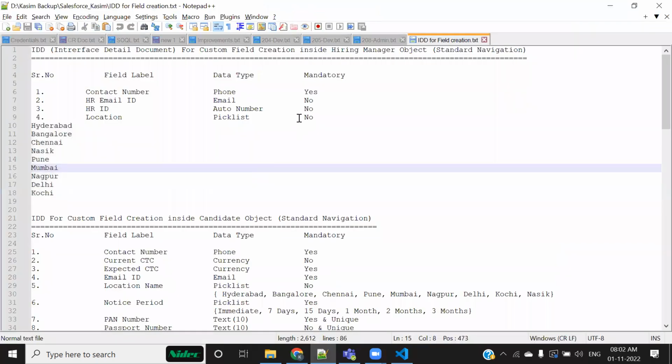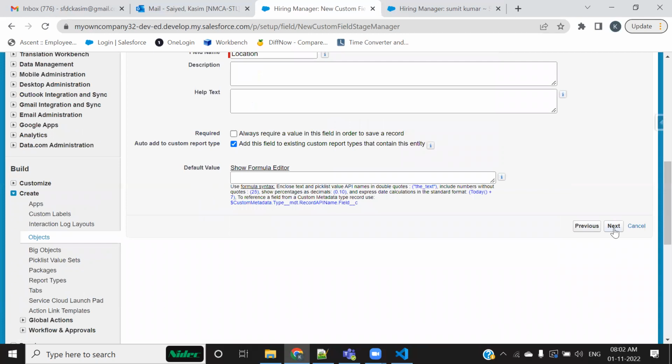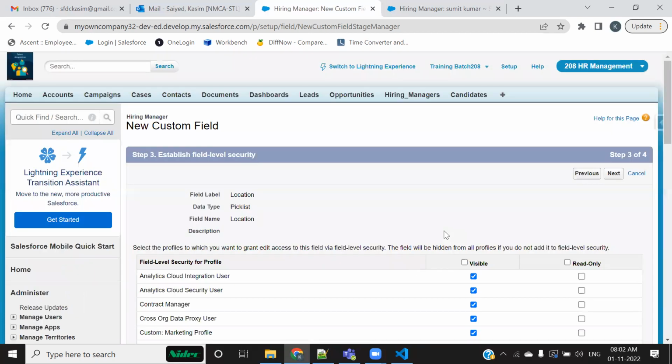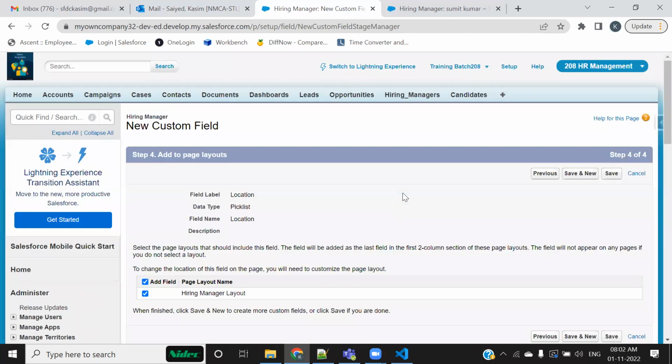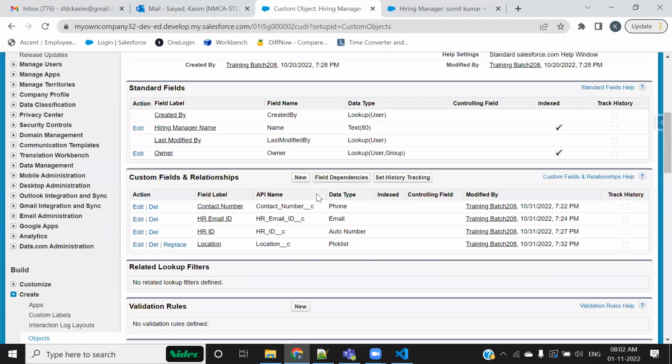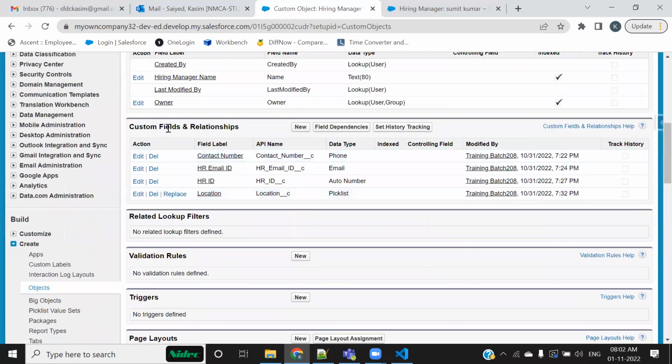Required, it has not been mentioned, so I'll not make it required. I'm just clicking this next button. I'm making this visible for all of the profile users, and I'm selecting next. And then because this is the last, I'm not going with save and new, I'll just save. So when I save it, now you can see all of these custom fields have been created inside the object,